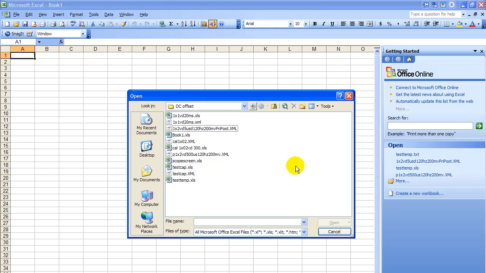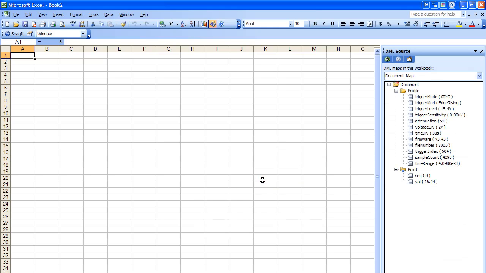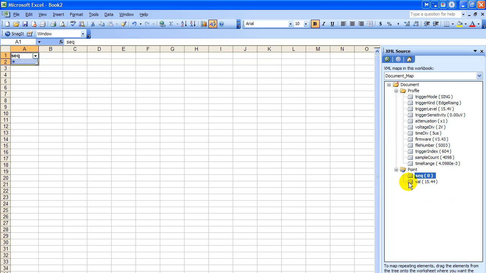We also have the additional problem of this being a very small signal and a large DC voltage, so we're going to have to do some amplification to get better results. So let's get started. First we'll go ahead and bring in this file the normal way, just like we did before in the previous lesson. And we'll select the sequence, throw it up here, select the value, throw it up here,